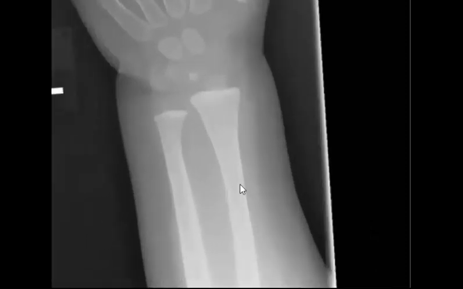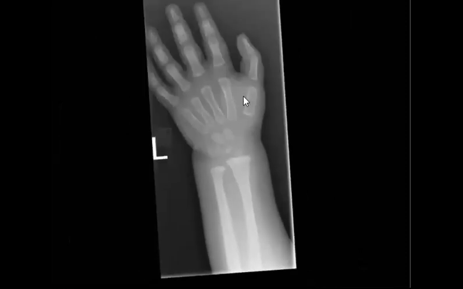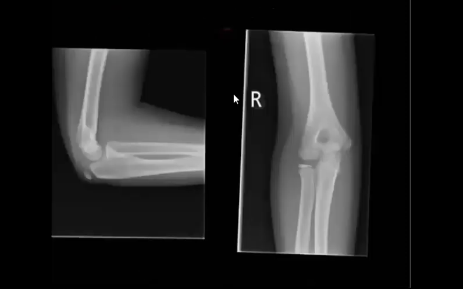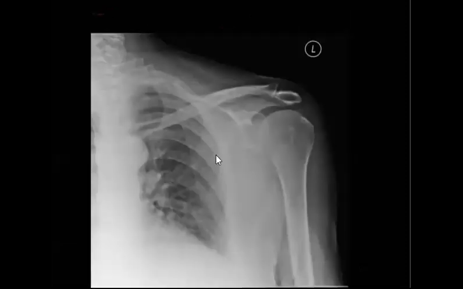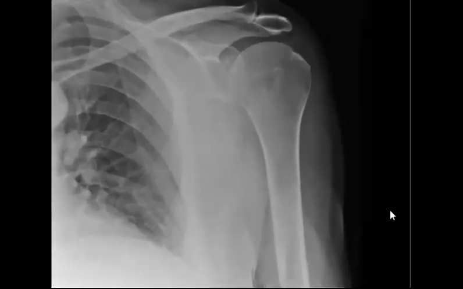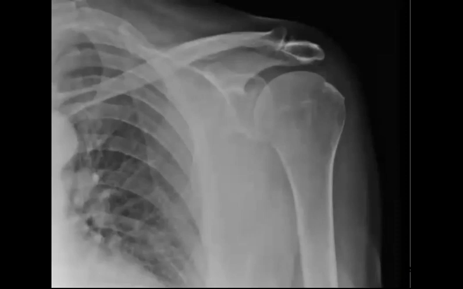You saw it before, so now I think it will be easy for you to see the buckling. So in the pediatric age group, the fracture comes sometimes in the buckling, so metaphyseal buckling. Perfect. Okay. Sometimes they like to show you other than fractures, other than fracture, this type of